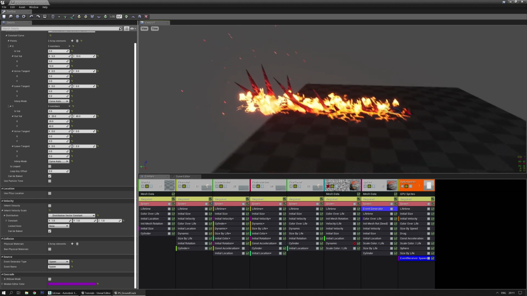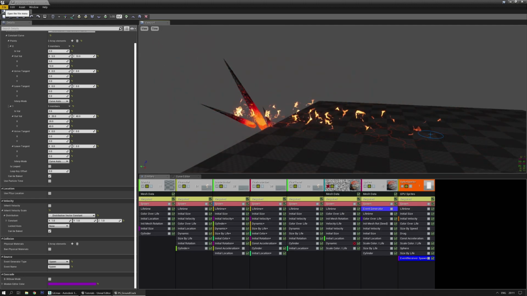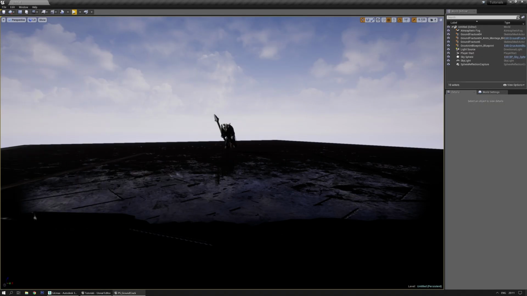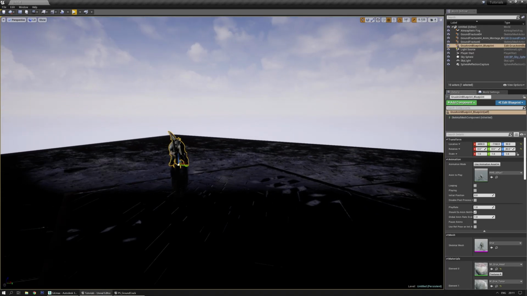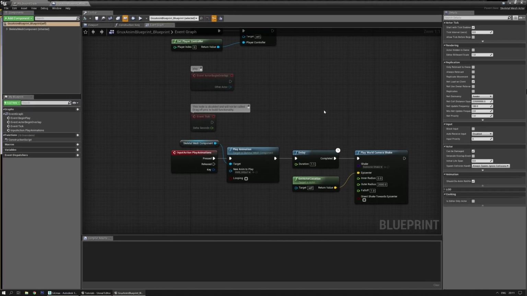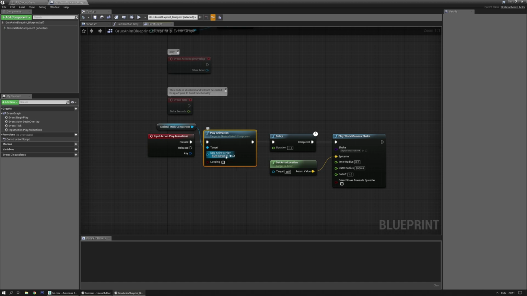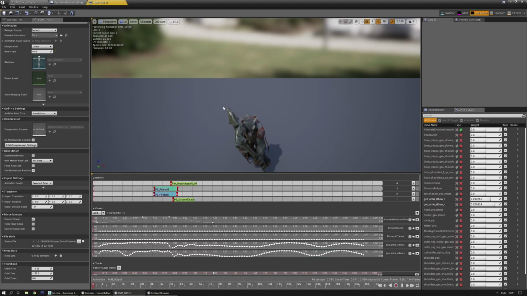Let me try with the floor. All is working as it should. I'm gonna save it, and perhaps I need to reload the particle in the blueprint, though that generally is not the case. Let's see. Play animation. It's actually in the animation, so